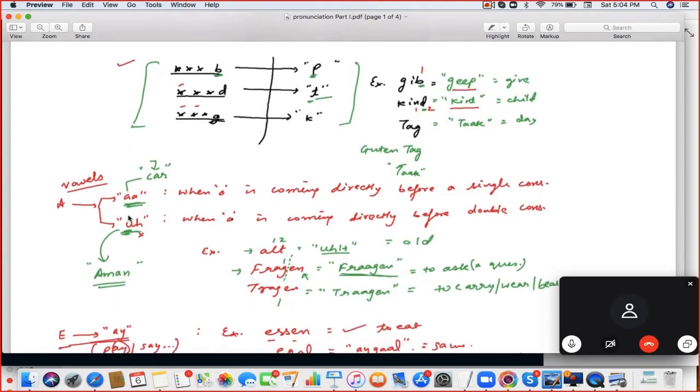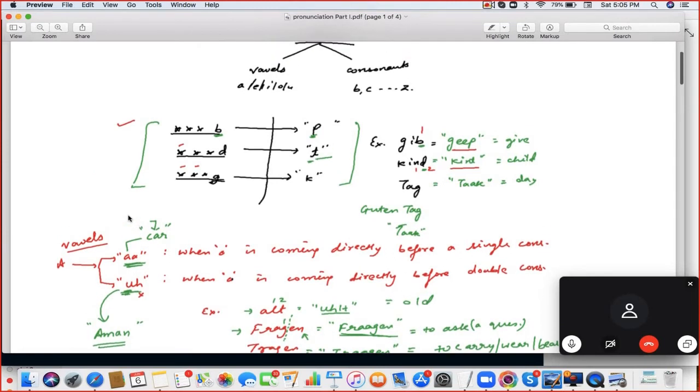Okay? Now the first letter A. A is having two sounds, A and A. Like kind of the bada A of Hindi, that one, and the small A. How will you decide? There is one trick which you have to understand. What you will do, you will count